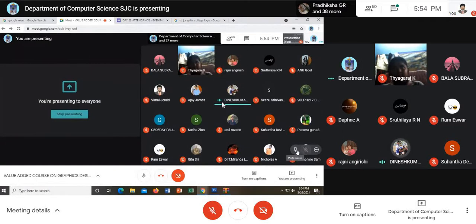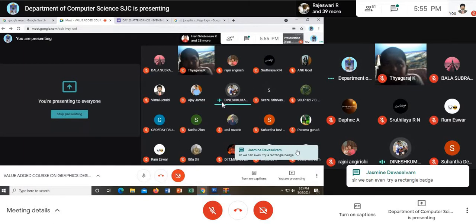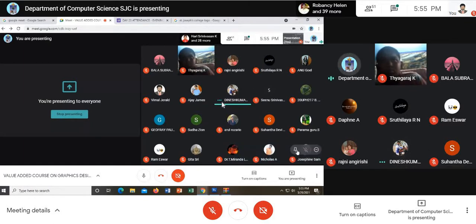Yeah, you are audible. So why do we choose the background circle instead of square? See, it will be in circle shape only. Badges will only be in circle shape; you don't have badges with square shape. I'm talking about the badge that is worn by the chief guest and others, round shape. Have you seen it in the colleges?